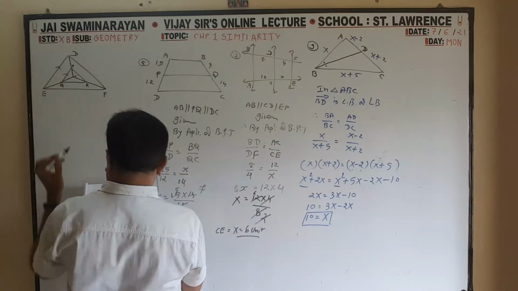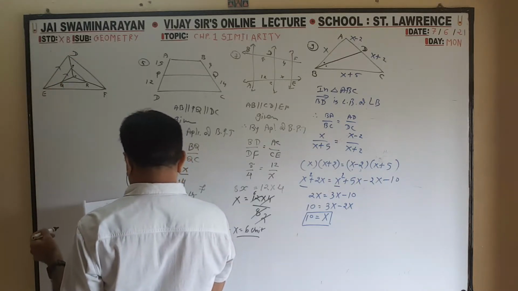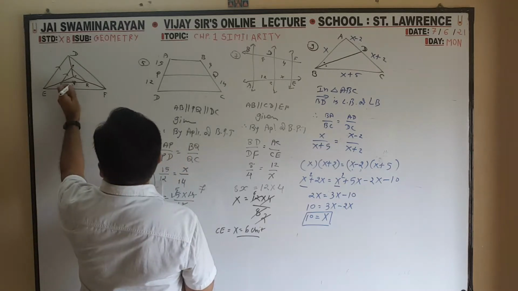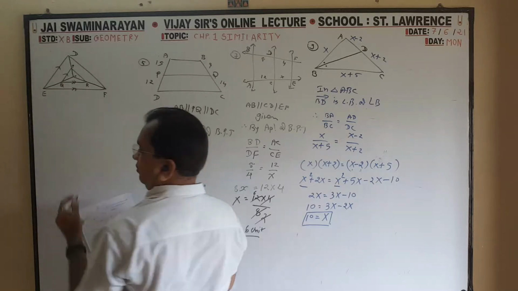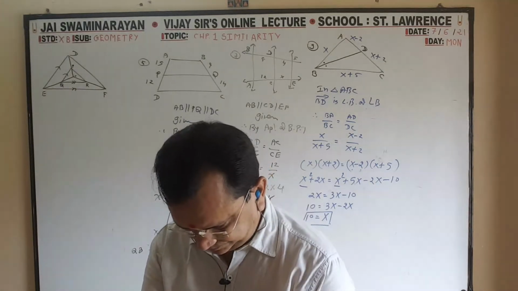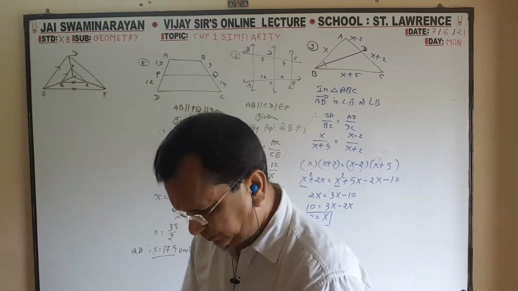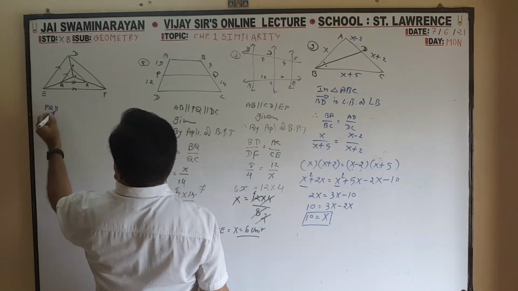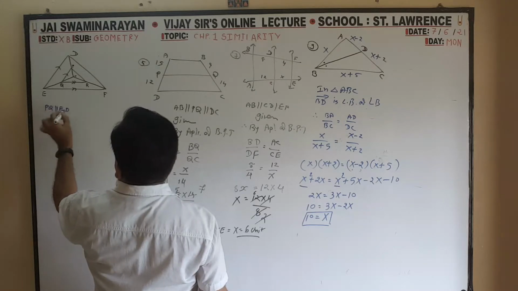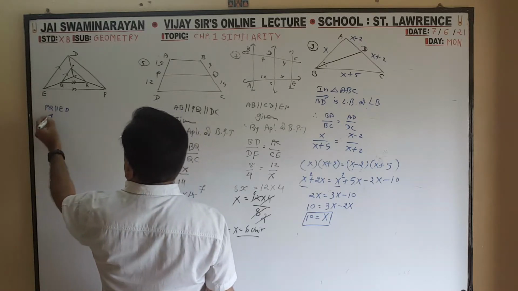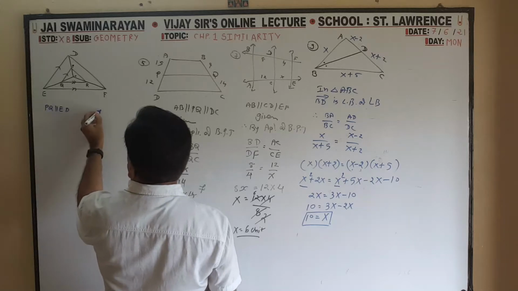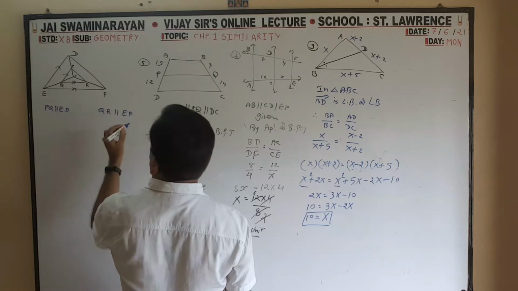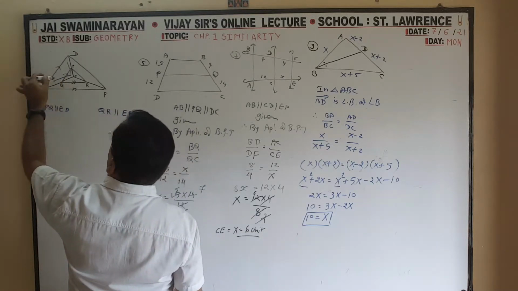This and this are parallel, QR, this and these are parallel, this we have to prove parallel. So PQ parallel to ED and here QR parallel to EF. Now in this much triangle,